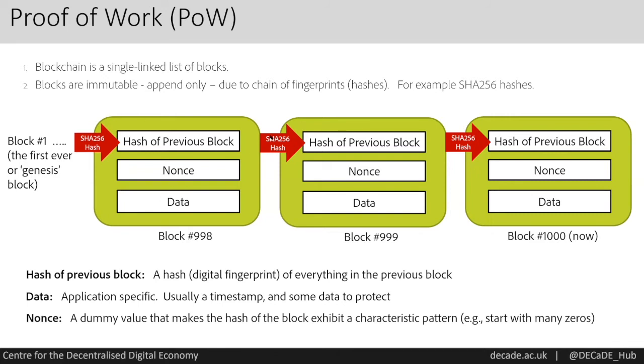Basically, you can think of blockchain as being a collection of these data blocks, which are these green blobs here, and they are linked together. So basically, the latest block, which is here on the right-hand side, contains some data, but it also contains a fingerprint, what we call a hash, of the previous block in the chain. And that in turn has some data, which contains a fingerprint of the previous block to it in the chain, and all the way back to the first block.